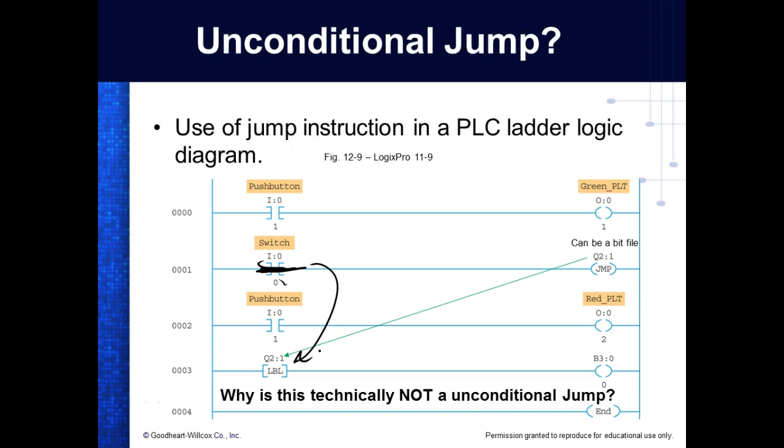It's jumping over rung 2. And it's going from rung 1 to rung 3 if that switch is closed. Okay. So as soon as I say if,